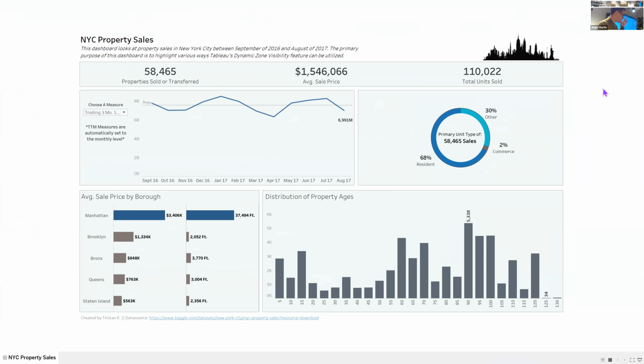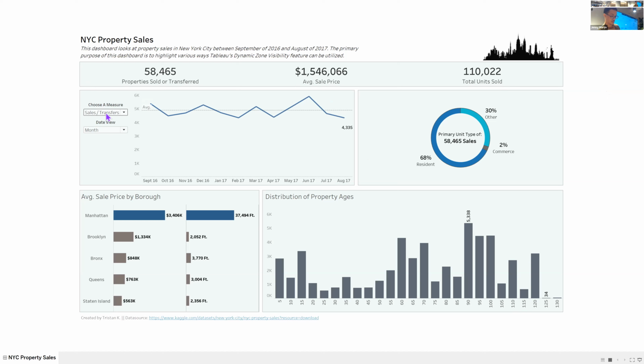Cool. So currently I work with a real estate client, so I wanted to try to keep it somewhat similar. I took some property sales from 2016 and 2017, a bunch of different New York City property transactions. It's still in the real estate space, so this will keep it somewhat relevant to what I do in my day-to-day right now. So the first use case that we had here is we were finding at times we had this dynamic